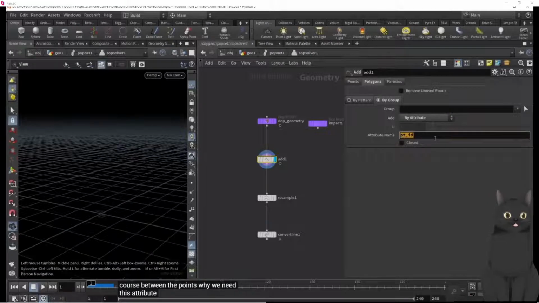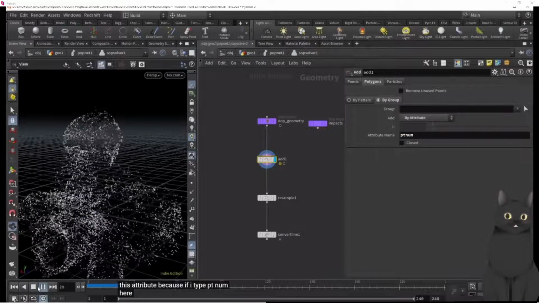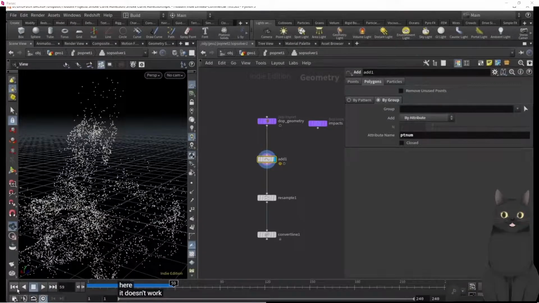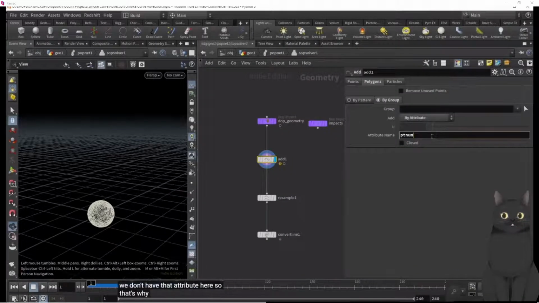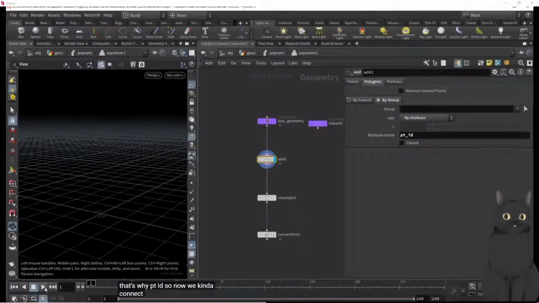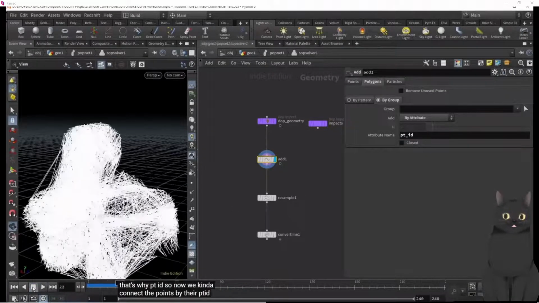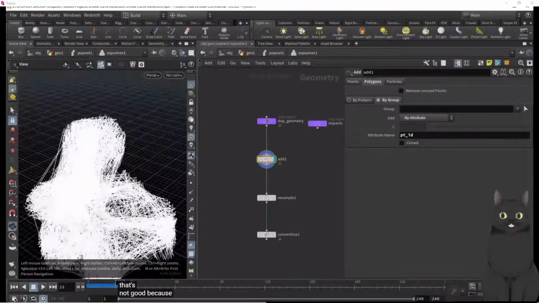Why we need this attribute? Because if I type ptnum here, it doesn't work. And we have a warning here: invalid attribute specification ptnum, because we don't have that attribute here. So that's why ptid. So now we connect the points by their ptid, but that's not good, because we